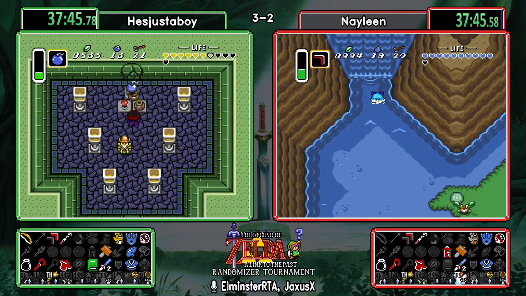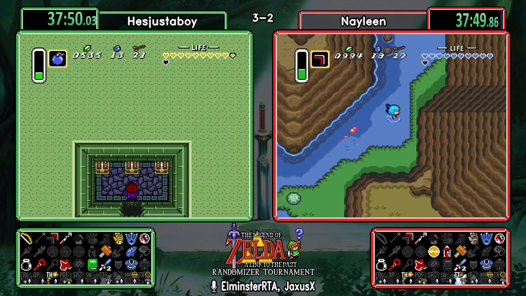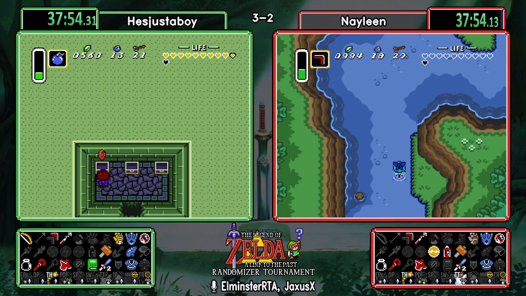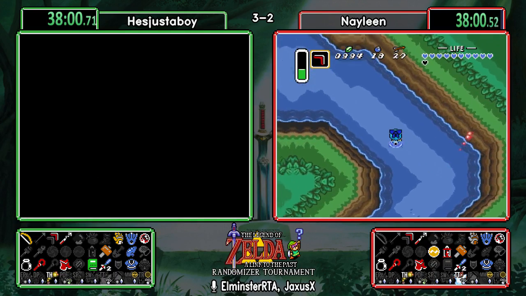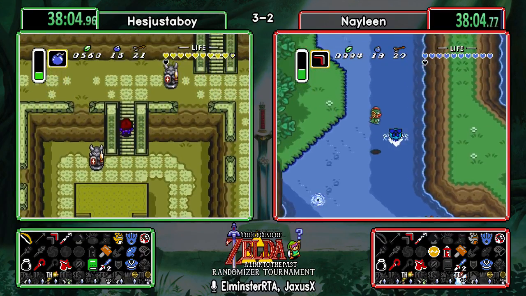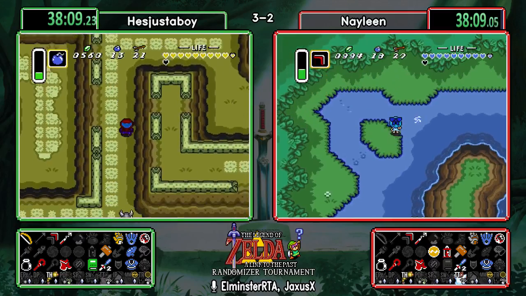Looks like NayIeen finding Quake in Waterfall Cave. Yep, and that is the Misery Mire medallion, so that opens that up. NayIeen can actually... He's gonna have to find that flute on the pyramid, and this is kind of interesting. So since NayIeen is doing the Zora check from...